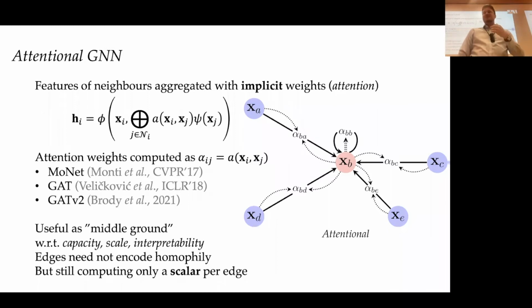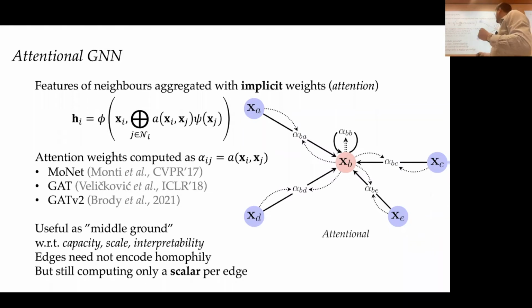And why is this such a cool class of models? It lives in the middle, right? So you have a nice mixture of capacity, scale, and interpretability. Your edges no longer need to encode homophily. Now I can compute a coefficient which says this neighbor is useless. That's great. And I can do so on the fly by looking at the features of myself and my neighbor,